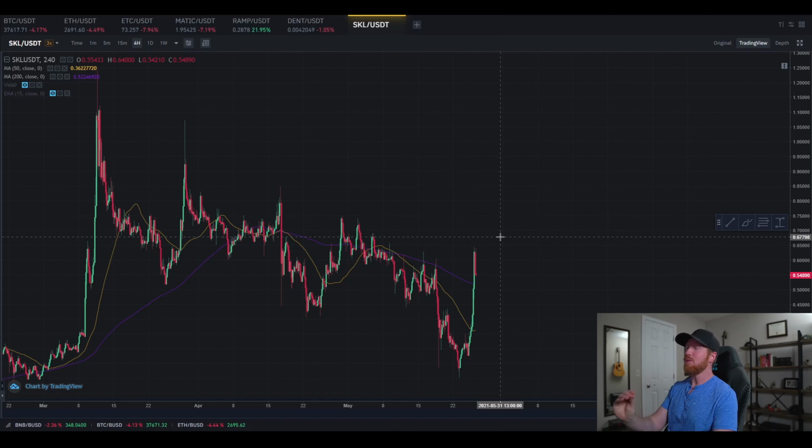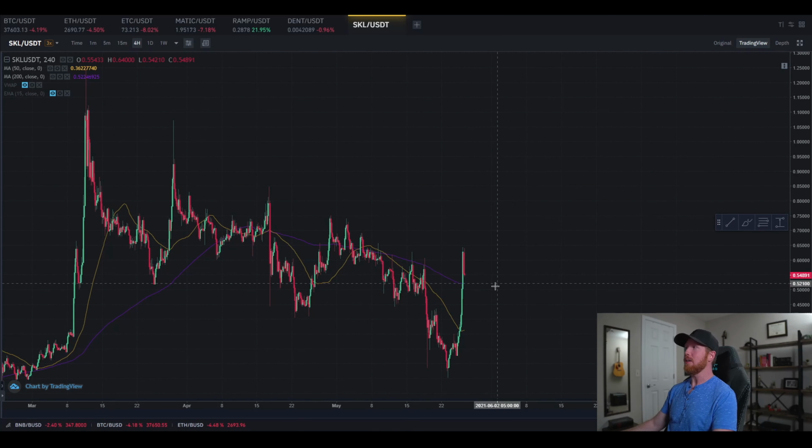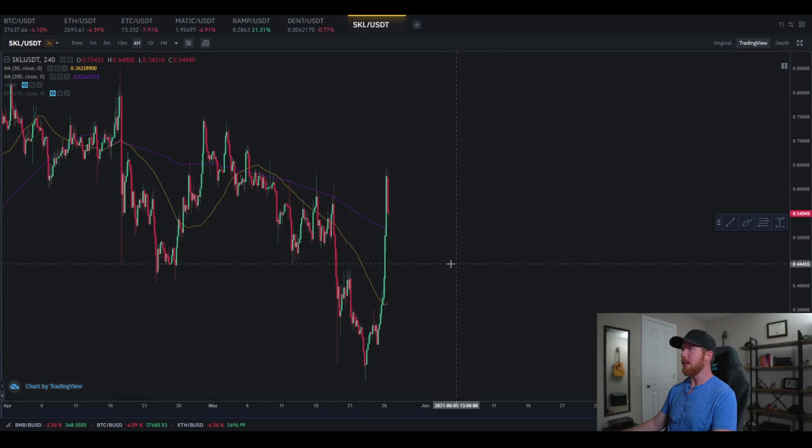If Bitcoin breaks 42,000, we will see this shoot back up to about 90 cents, if not higher. So just be mindful of that. But currently on the 4-hour chart, both moving averages are working as support, which is a good sign. We'll see if the 200-day moving average gets tested soon. But what we want to see is the price action stay above the 200-day moving average on the 4-hour